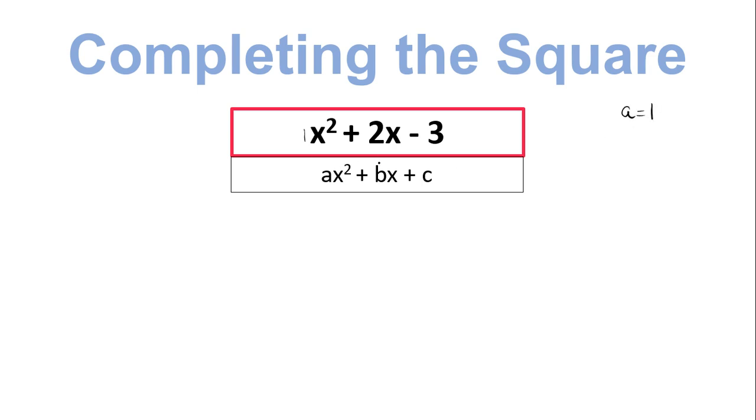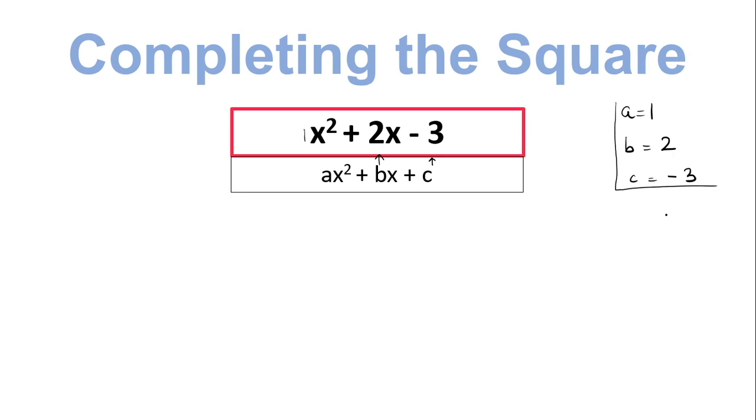With my b, here on top, that's 2x. I am not going to write b is equal to 2x, because x is already there in the general form. I have to see what my b is. b is supposed to be a number, so b is 2. And then what's my c? It's negative 3. c is equal to negative 3. Now, once I have figured out my a, b, and c, I have to use the completing the square arrangement